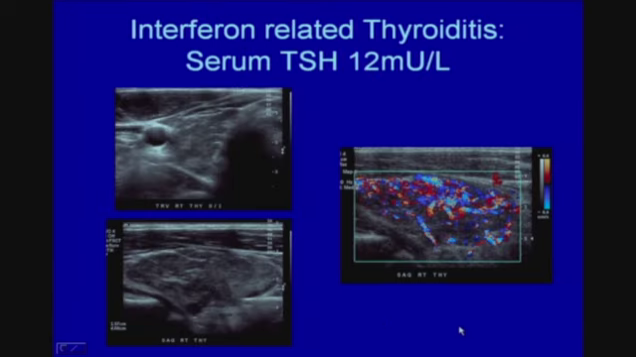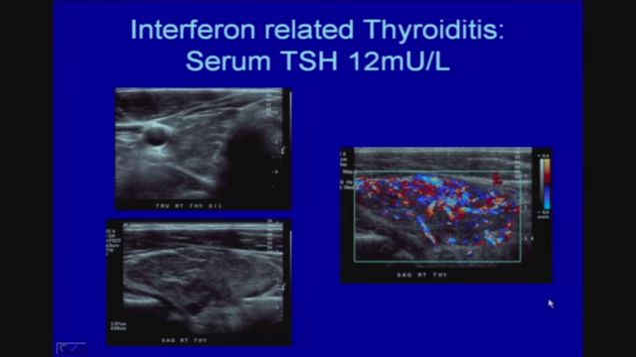We can sometimes see drug-related thyroiditis. This was a patient with completely normal TSH a year earlier. He was treated with interferon for liver disease, and he developed relatively rapid onset of hypothyroidism with very high TSH. He was antibody negative, and here's what his gland looked like. And so this was a presumed case of interferon-related thyroiditis due to drug therapy, and he was treated successfully with